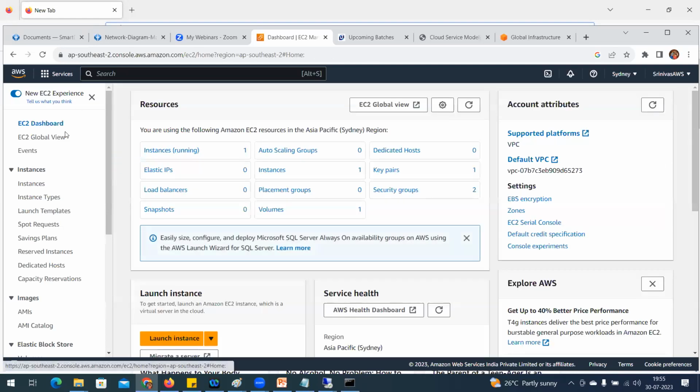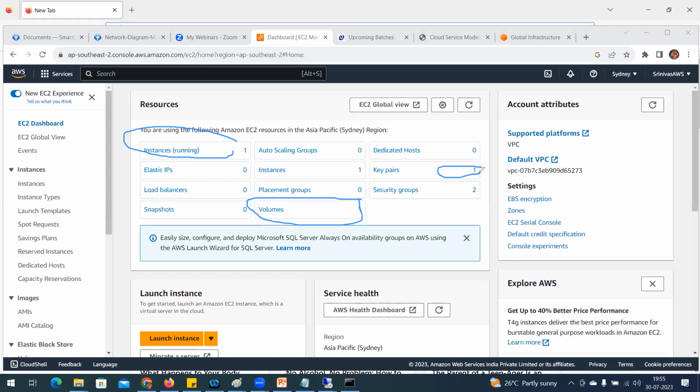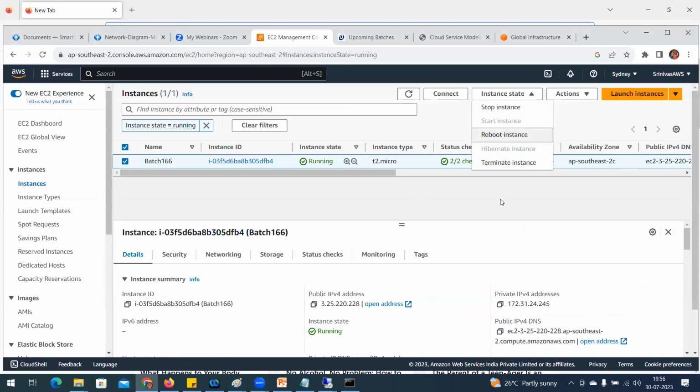In the dashboard, if you see, it is not only the instance. It is also going to use services: volume, storage, key pair, and security service. All those things are related to only one instance. You may think that if you did a stop, you are not going to get billed. So as soon as your practice is done, you can create any number of instances, but you need to go and terminate them. As soon as you terminate, you save your time hours.